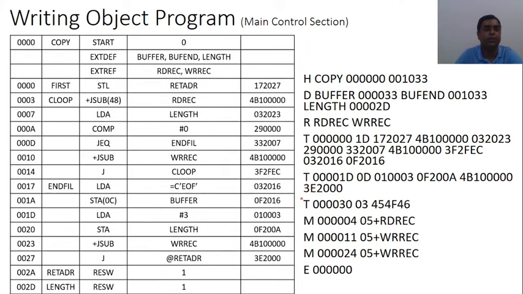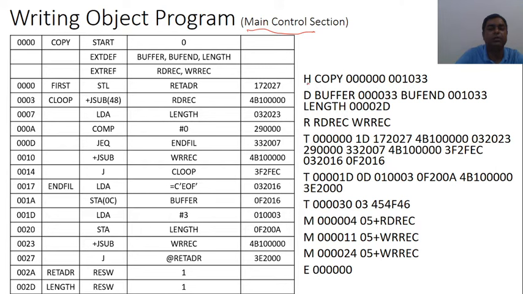Now, our first control section was the main control section. Here, I have taken a snapshot of that program, and we want to write the object program corresponding to the main control section. First we have to write the header record.